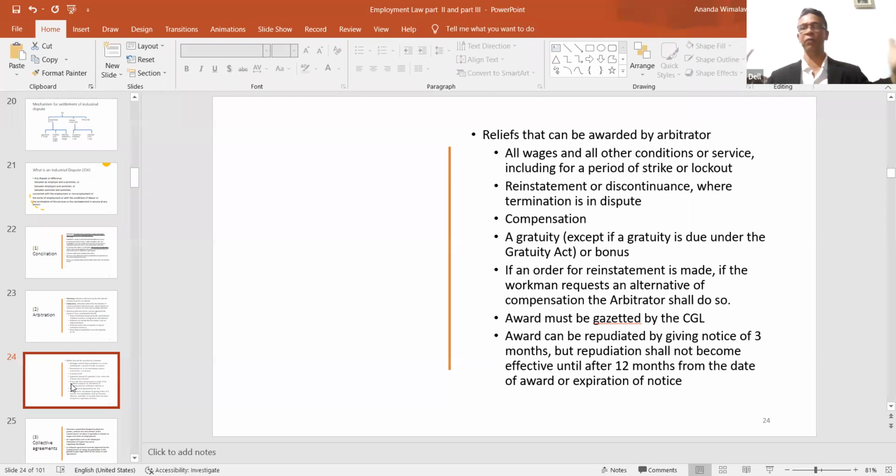There may be a number of them. I told you he is not bound by the contract of employment. Having investigated everything, he can make an award. Relief, in bullet form, first bullet, all wages and